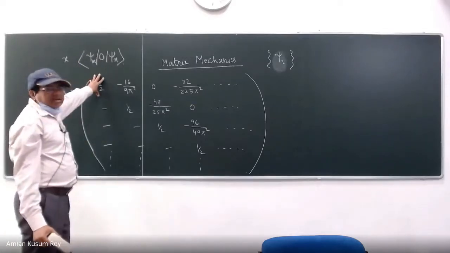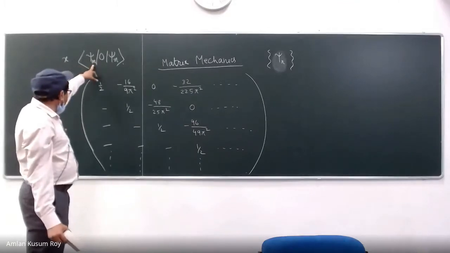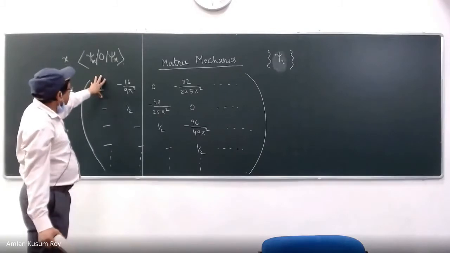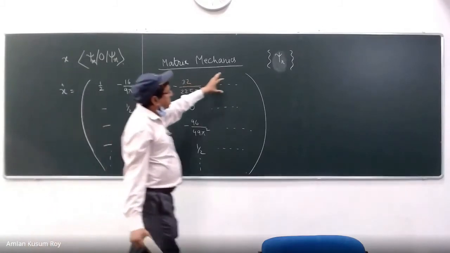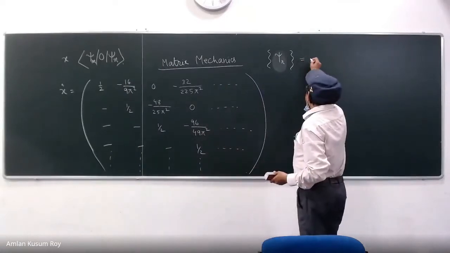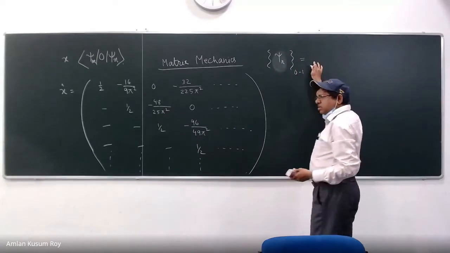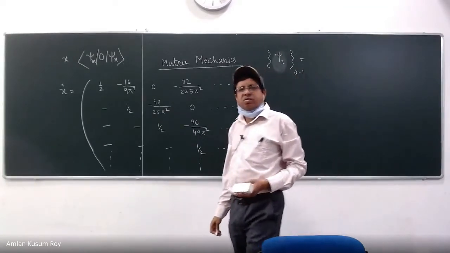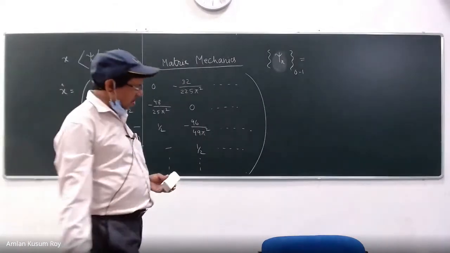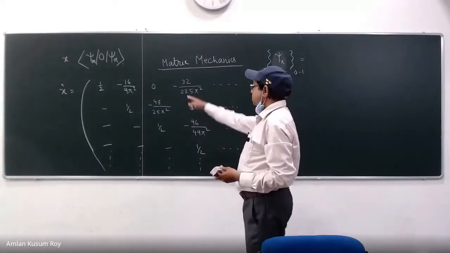So in this basis, what are these things? These things are nothing but the matrix elements in this basis psi m of the operator O, which is in this case X. So these are nothing but just those integrals. What are those psi n's? Psi n's are, as we said in the previous class, from 0 to 1. I have taken the length of the box. So it's a particle in a 1D box wave function: root over 2 by a sin n pi x over L. Okay, so it should be clear.